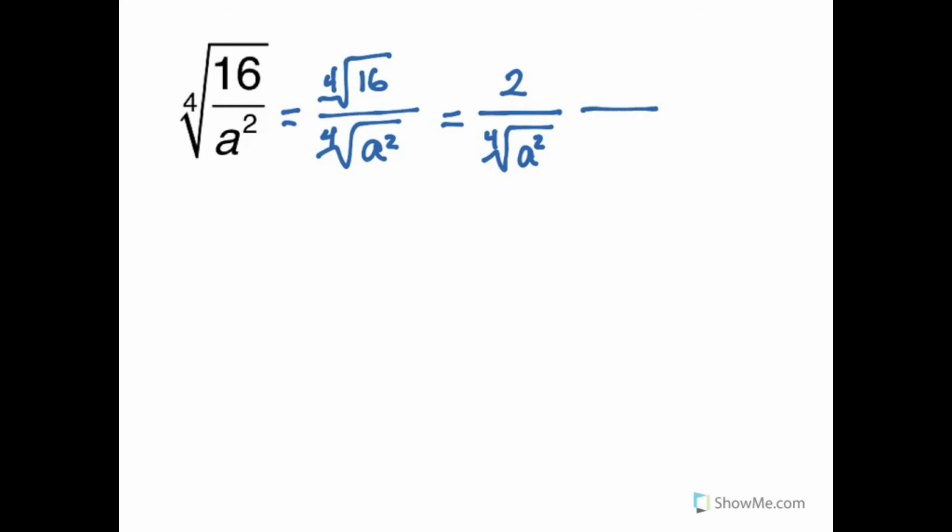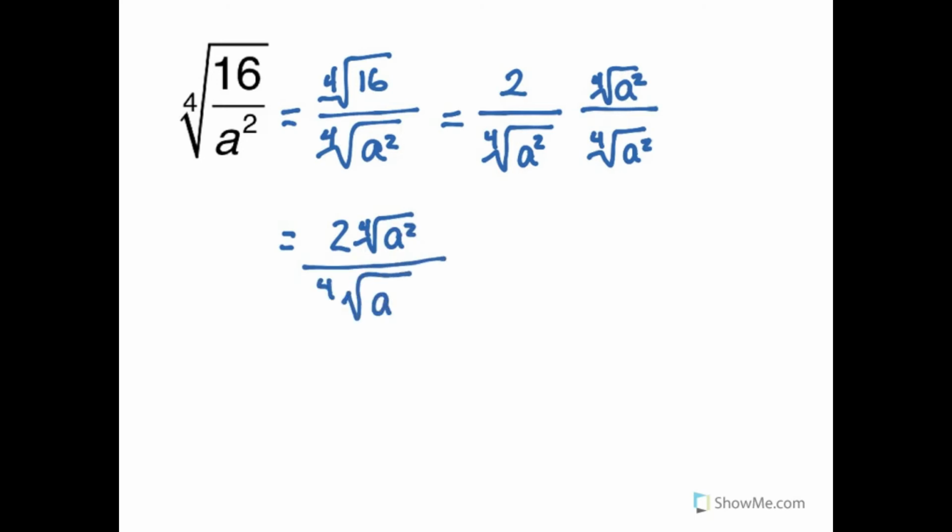Well, if I had a to the fourth in the fourth root, that would be nice. So I'm going to multiply top and bottom here by another copy of the fourth root of a squared. I don't need 3 more copies because I already have 2 a's in the fourth root. I just need 2 more a's in the fourth root. Well, now I have 2 times the fourth root of a squared over the fourth root of a to the fourth, because a squared times a squared is a to the fourth. That gives me 2 times the fourth root of a squared